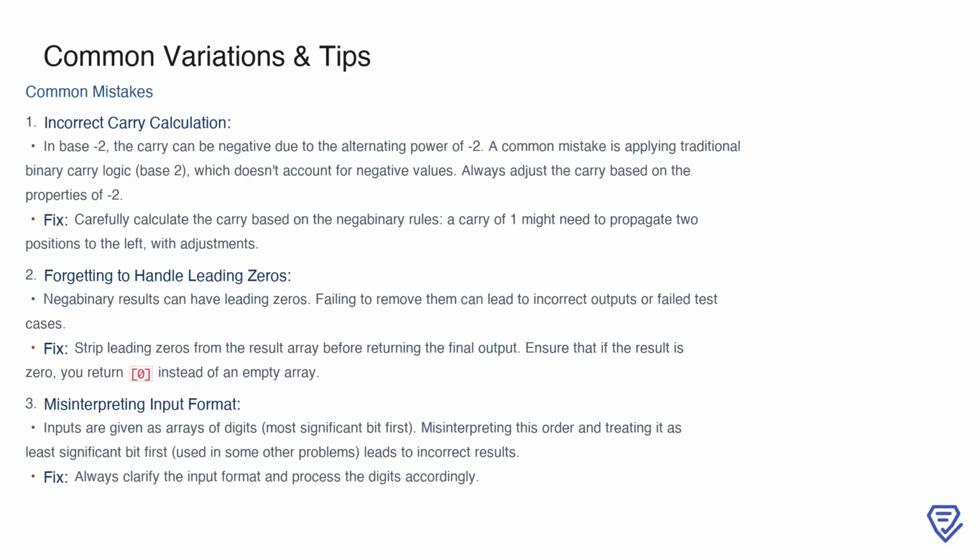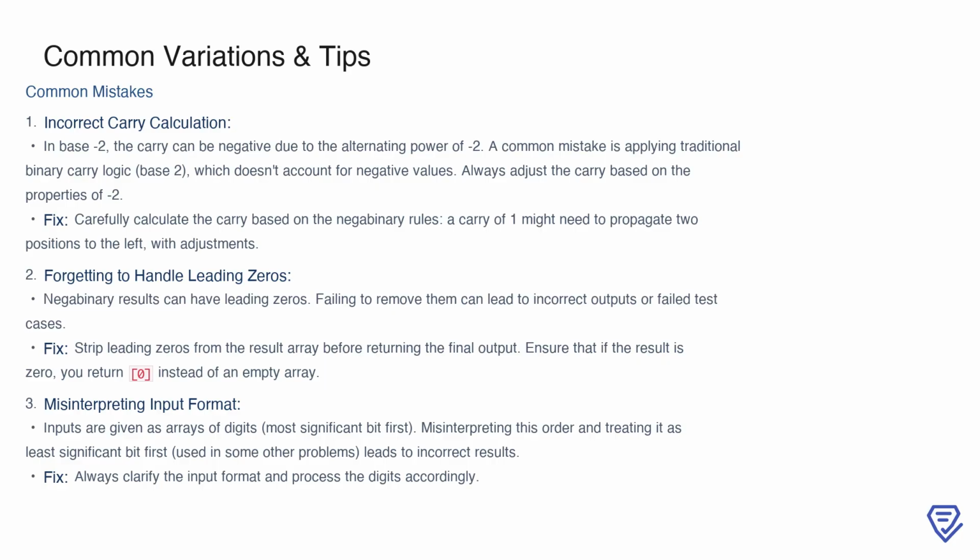When working with Negabinary addition, there are a few common mistakes to watch out for. First, incorrect carry calculation is a frequent issue. In base -2, the carry behaves differently because of the alternating powers of -2. Traditional binary carry logic does not account for negative values, so you must adjust the carry according to the unique properties of the base. For example, a carry may need to propagate 2 positions to the left, requiring